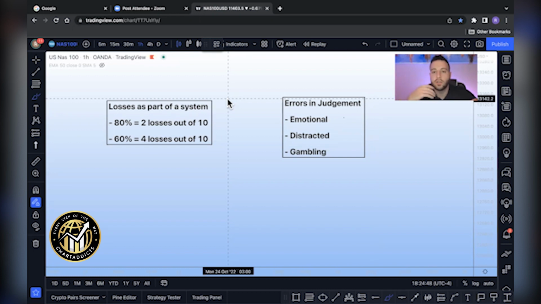The second cause of errors of judgment is distracted trading. This could be distracted while you're actually in the act of trading, or you're handling too many things in your life at one time. So you may have a job, kids, business, investments, and other things going on, and you're trying to manage trading in the meantime. My biggest recommendation to folks is to make sure that you're focusing on something with your full attention.